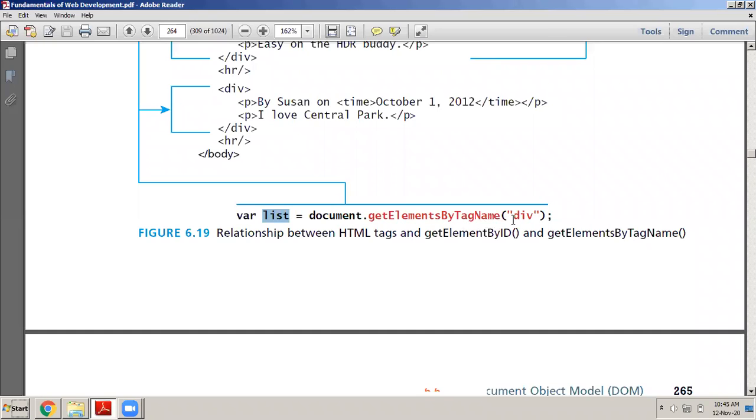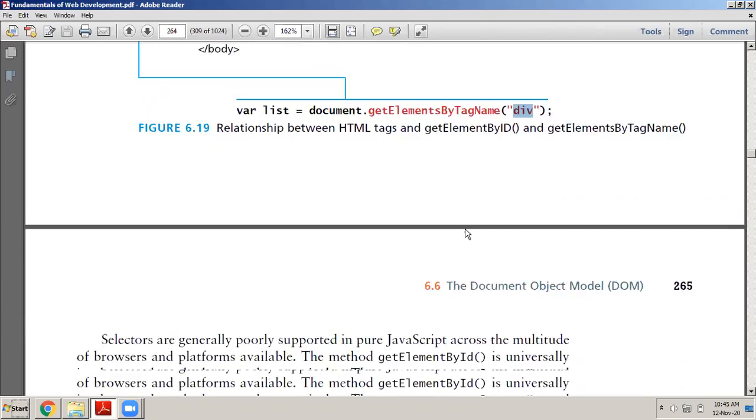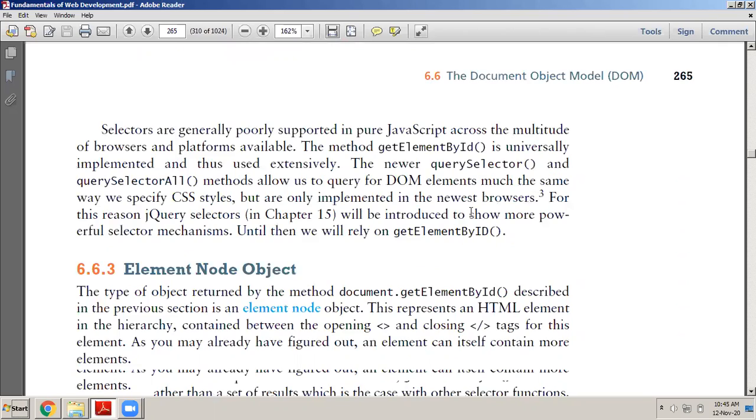You have to use a for loop or a while loop to parse through all the single div nodes of the HTML document. We will come to that and see an example.